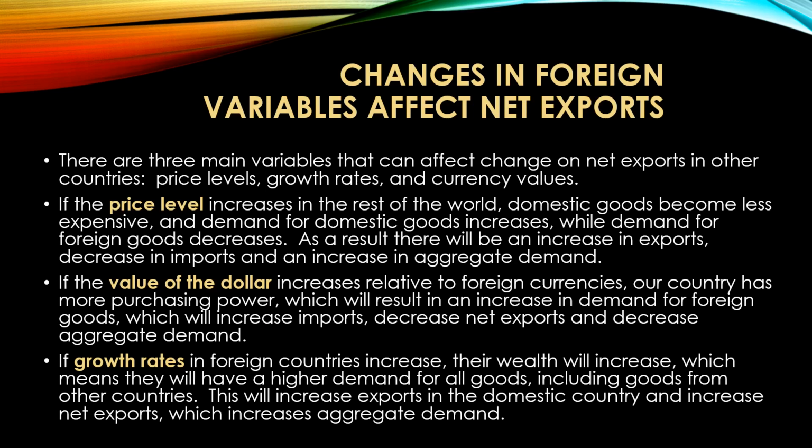And so if exports are going up faster than imports, that's a result of the growth in the rest of the world being faster than the growth in the United States. So if the rest of the world is growing on average at 4% per year, and if the United States is growing on average at 2.3% per year, well, then the exports are going to grow by 4%, the imports are going to grow by 2.3%,